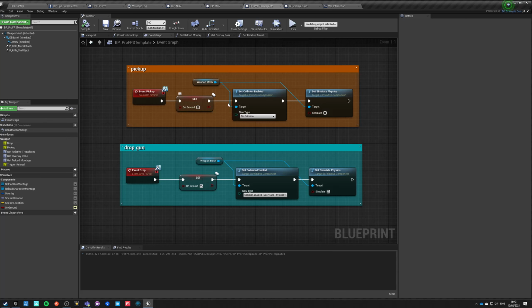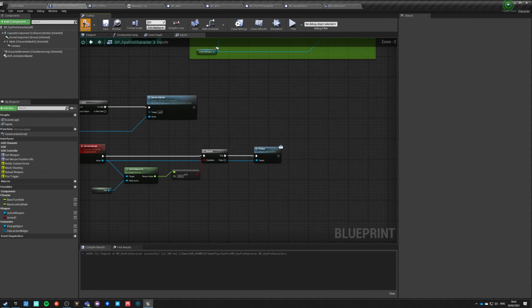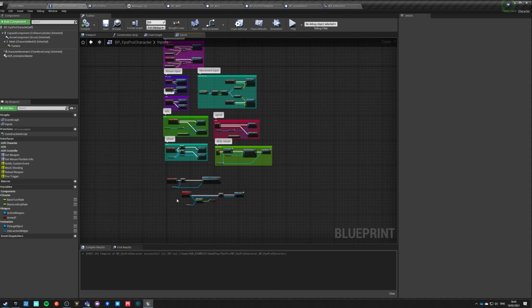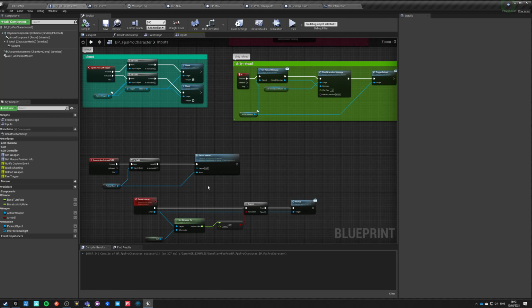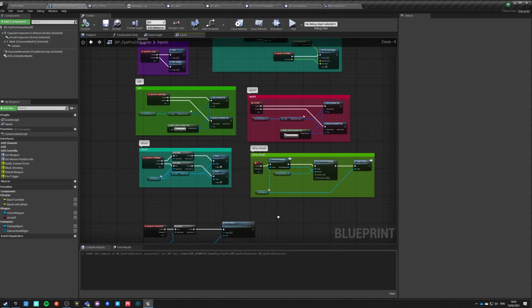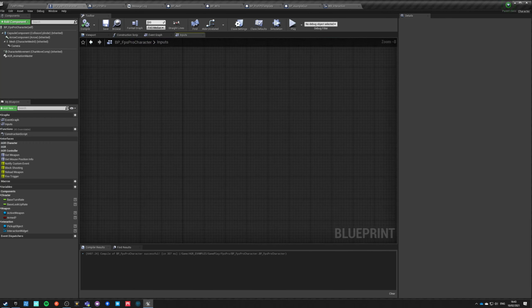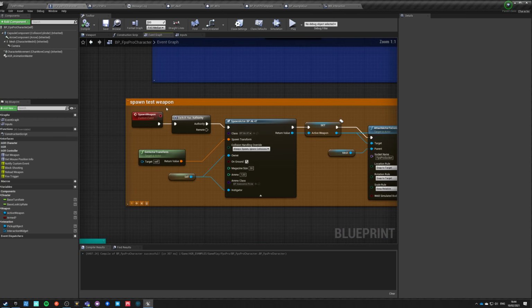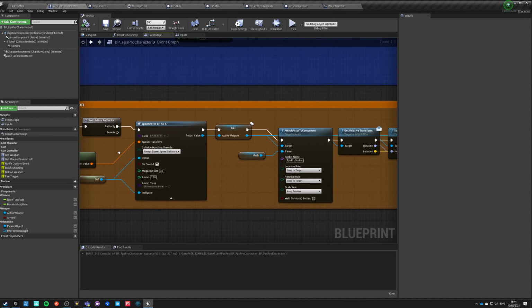It will go here and will go on the server. It will change on the ground and will set those collisions and do stuff, and then it must do a lot of stuff here as well. Because this is being called on the server, this will be reliably executed in this order on the server, and we want to do a lot more stuff. So we want to go into event graph and go into our spawn test weapon.